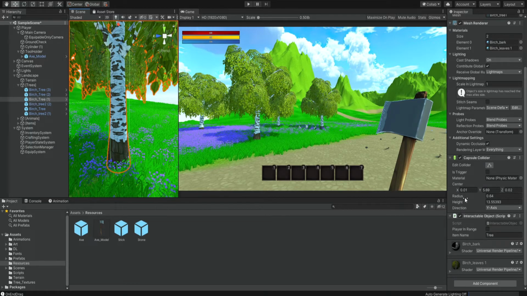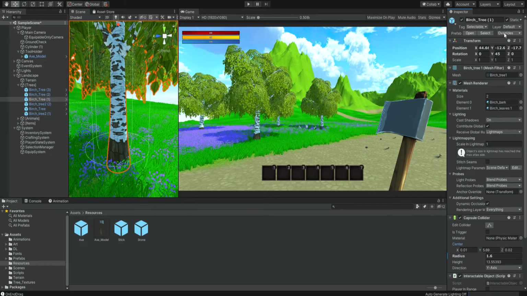So we're simply going to go to this radius and we're going to increase it to about 1.6. Now you see that this collider became wider, and to apply it on all of the other trees and also on the prefab, we go over here, overrides, apply all, okay?